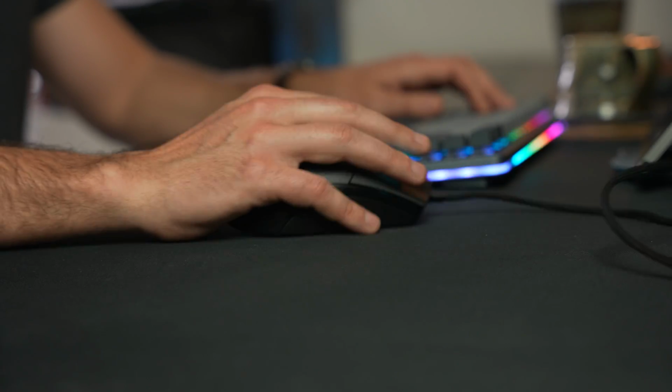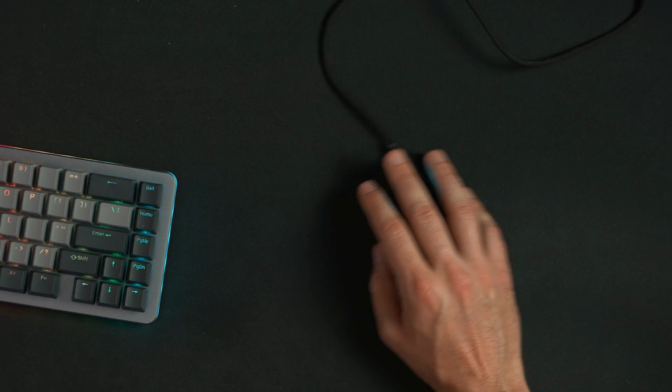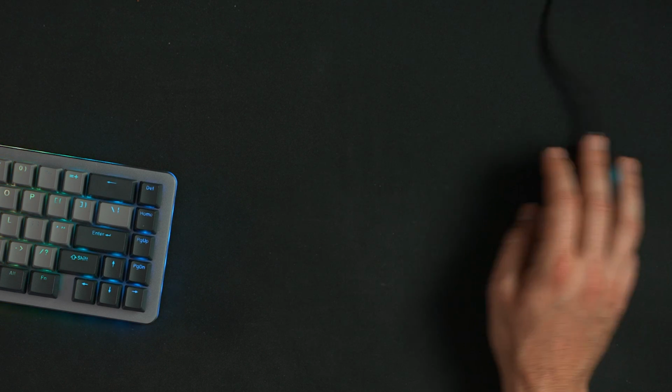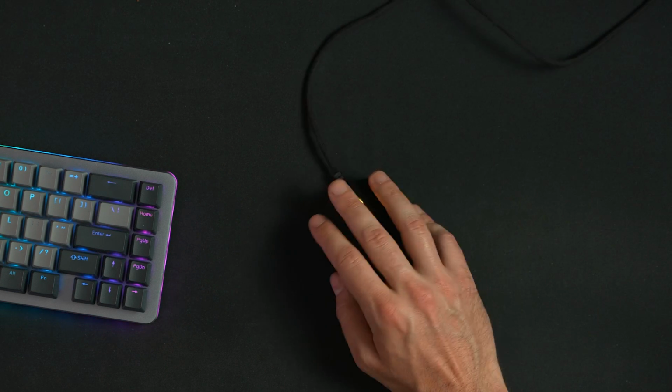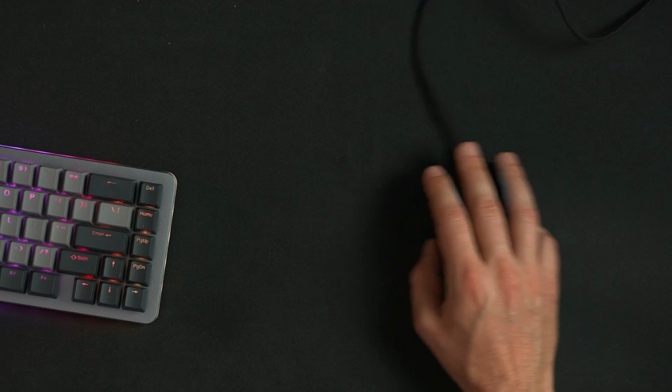Of course, it is a wired mouse, but the drag-reducing paracord cable is light and flexible. And this reminds me of the Ascended cables from Glorious and the SpeedFlex cable from Razer. I very rarely noticed that I was using a wired mouse, even after moving from the Model O wireless to